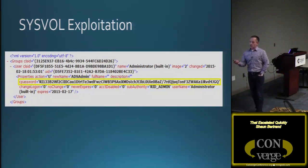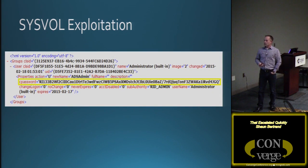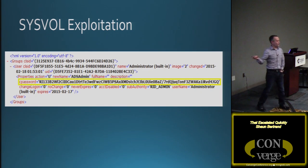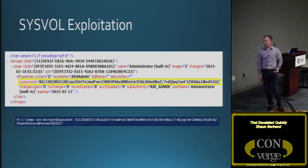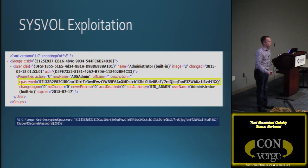Here's what this looks like. If you look at the actual GPO, or the actual XML file here, you'll see this cpassword is a hashed password. About 2 years ago, a Microsoft developer on the MSDN network accidentally posted the private key for this on a public forum, nonetheless. So the cat's out of the bag. There's now exploit code that you can literally take. This is just a little PowerShell script. You fire in your hash, you get the clear text password,